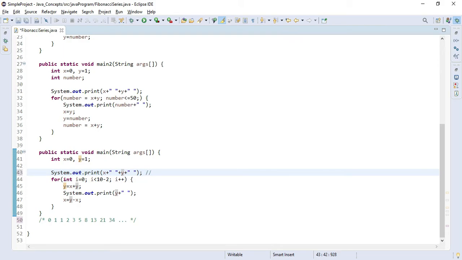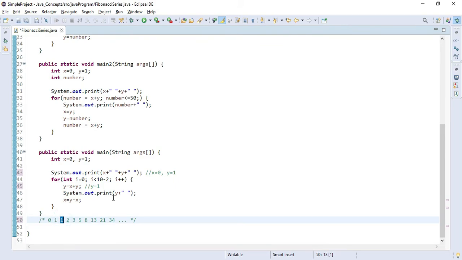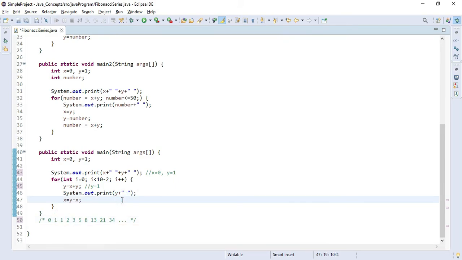But once we will come here, the value of y will be 1, and we will print here, so we will get our third variable. And after that, what we have done, we have changed the value of x like y minus x. So the value of y is 1 and the value of x is 0, so the value of x will be 1.